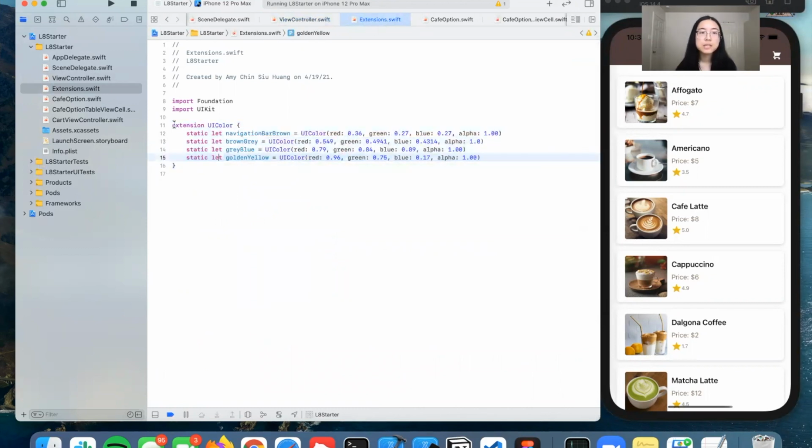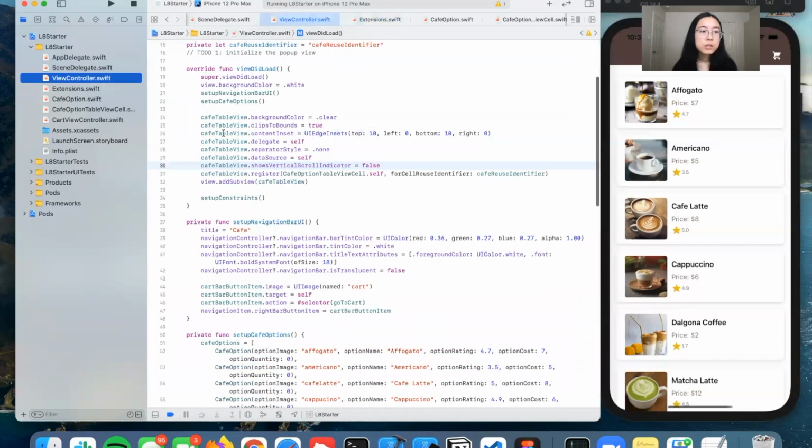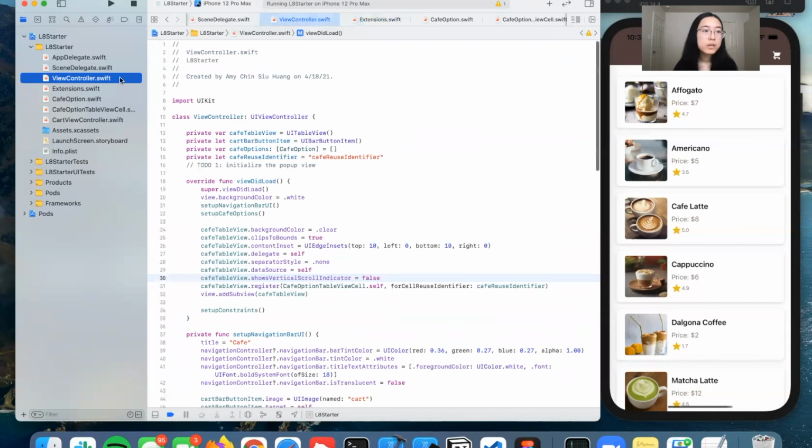So the way you do this is, if you want to add custom colors, you know how you can do .white or .blue, but when you want a custom color, you have to paste the whole color in. Sometimes it becomes really hard to keep track of what color is what. So you can just do an extension of UIColor in another file and do static let, name your color, and then equals the UIColor. And so yeah, if you look at the view controller, this is just a regular table